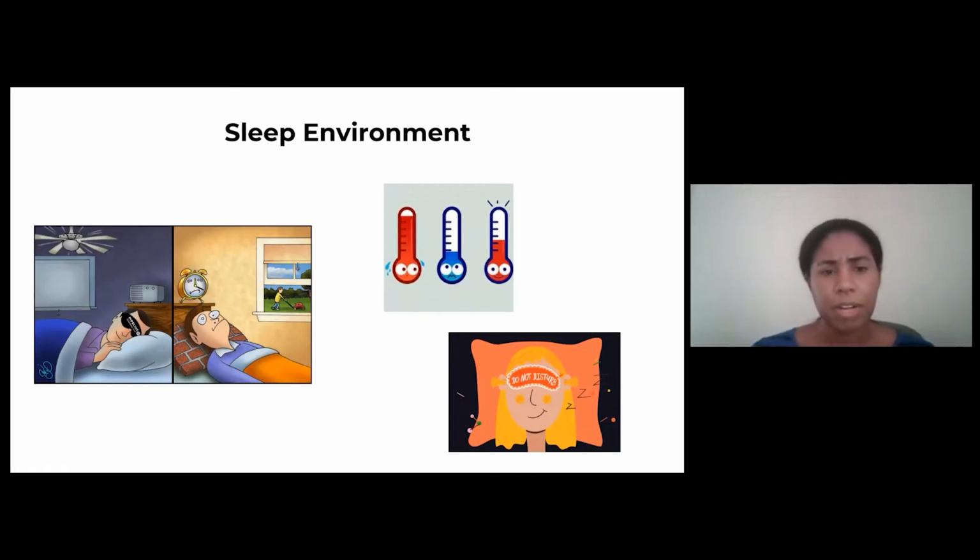Also, you want to think about just the sleep environment. This is probably all things that you've heard before, but ultimately you want to make sure that your room is dark. If it's not dark, or you share a room with somebody else, or there's light coming in through the hallway, then you'd want to potentially wear